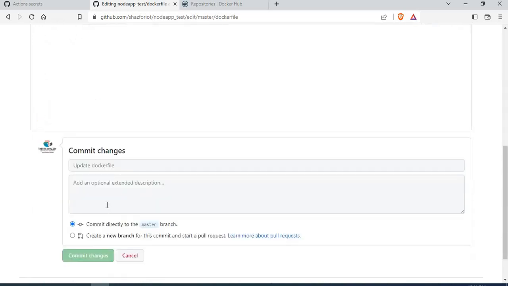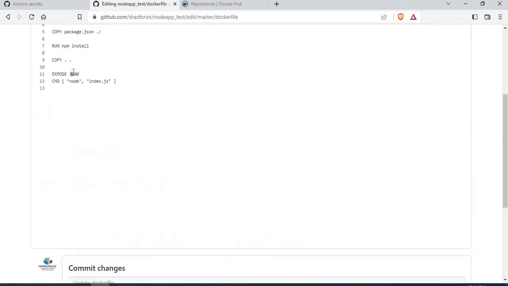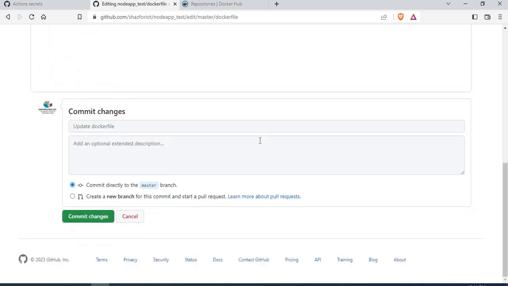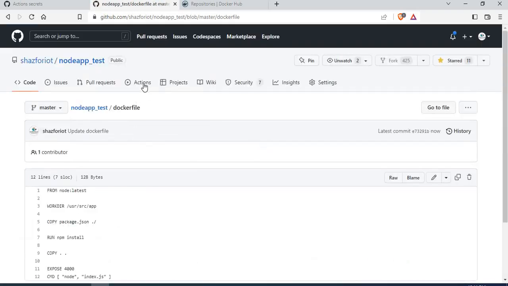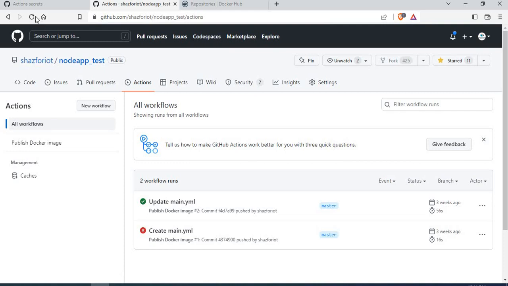Okay, let's keep it 3000 itself, then there is no change. Let's change it to 4000 and just commit it. Now if I go to the Actions,